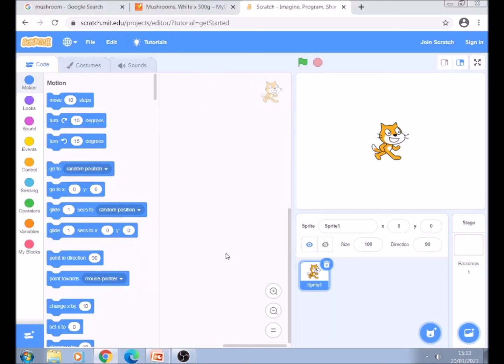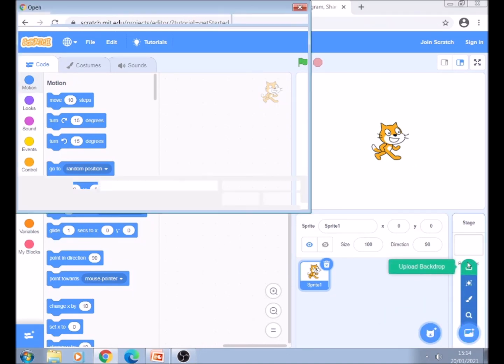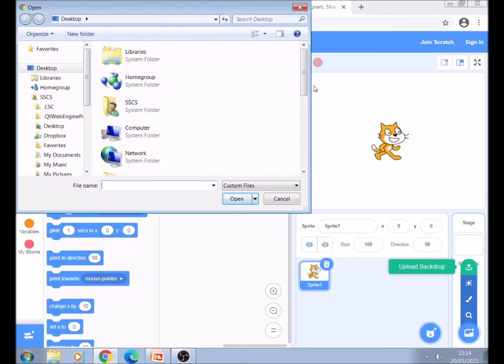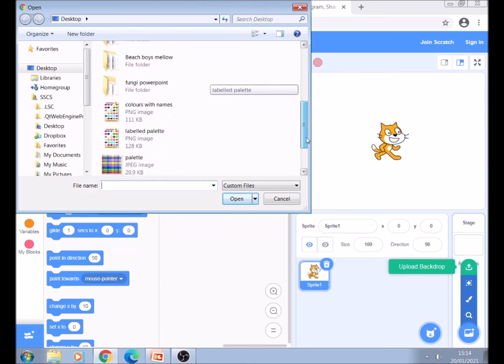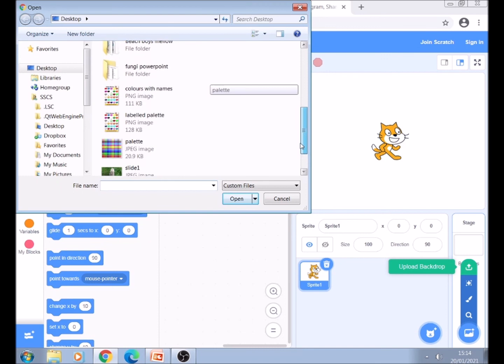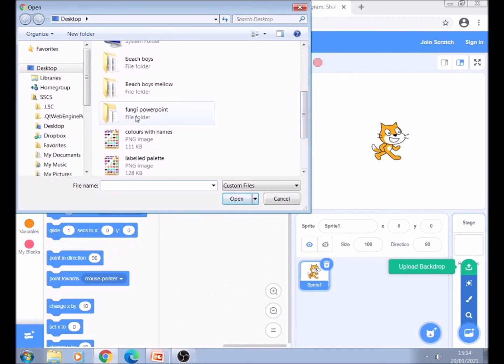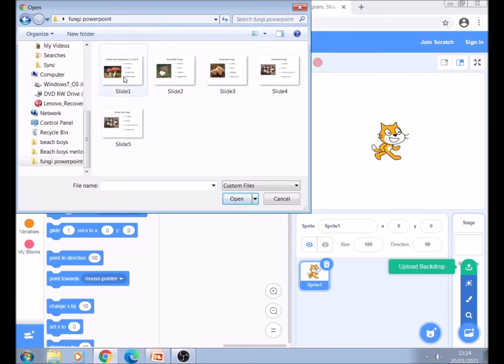Now to get the slides from PowerPoint to Scratch, really simple. We click on backdrops as we did before. We click on upload backdrops and we locate our file. Now all the pictures are stored in a folder, fungi PowerPoint. We double click on that. We can do them one at a time, but the easiest way, click on one, press Ctrl A, which selects them all, click on open,